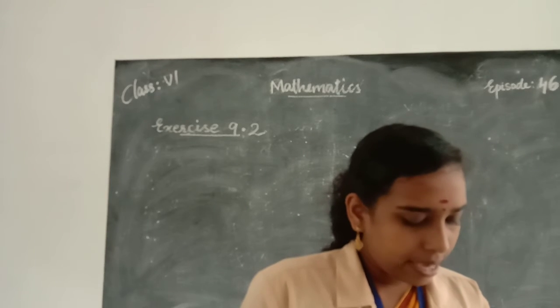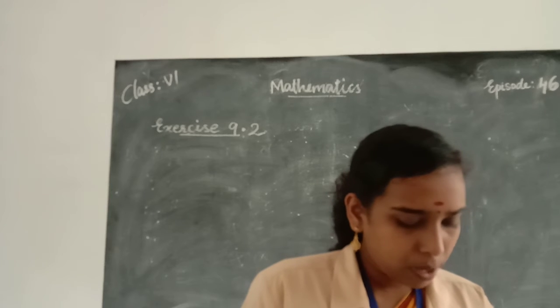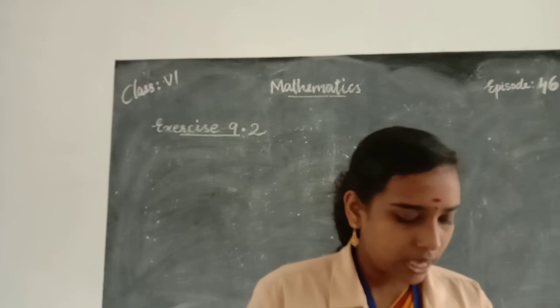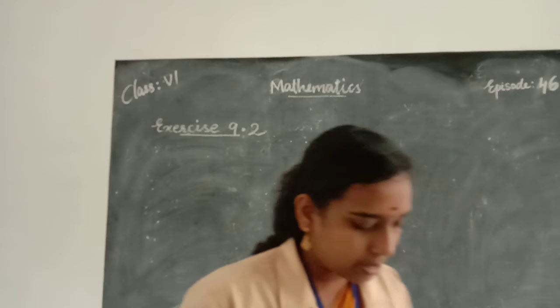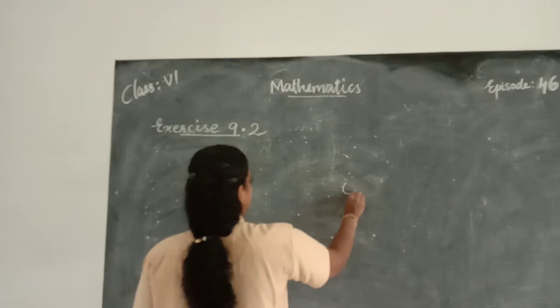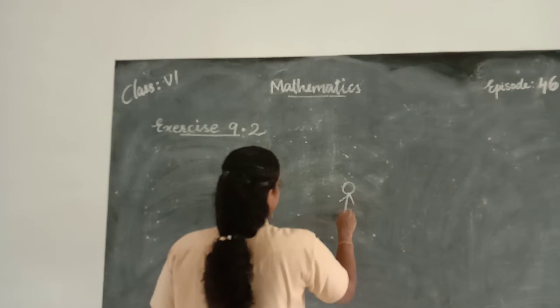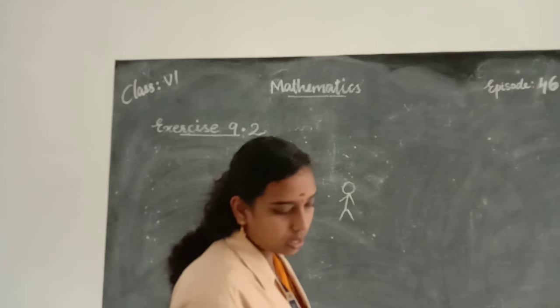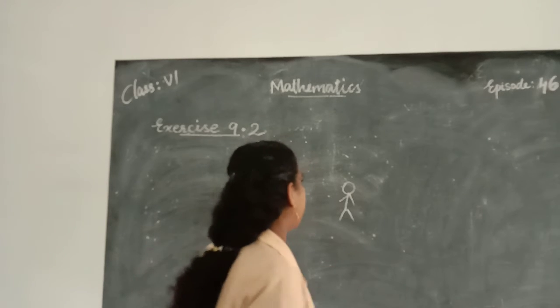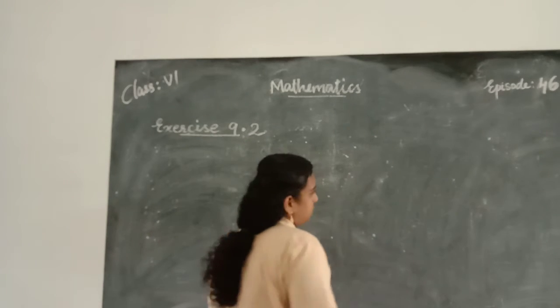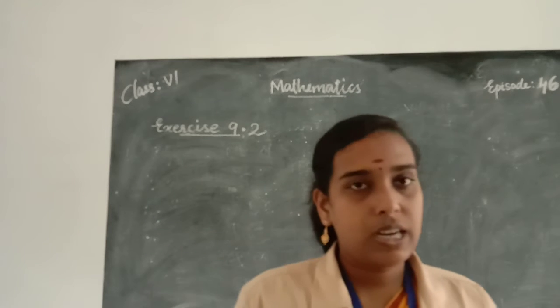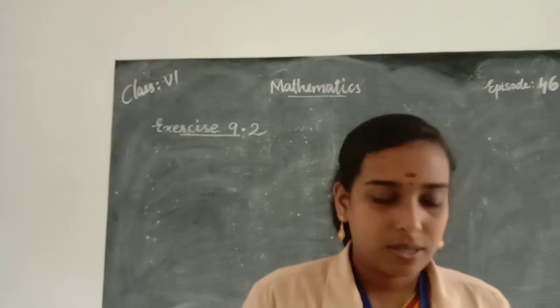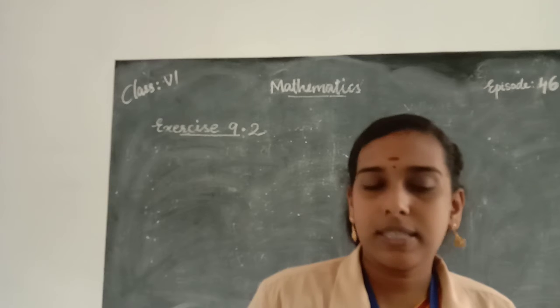Here the years are given, and the number of students present in each year is also given, and the symbol is used to represent 100 students. Use this symbol to represent 100 students. So using these symbols you want to draw the pictogram on the basis of the given data. So that's your homework. Do your homework properly and send it to my WhatsApp.